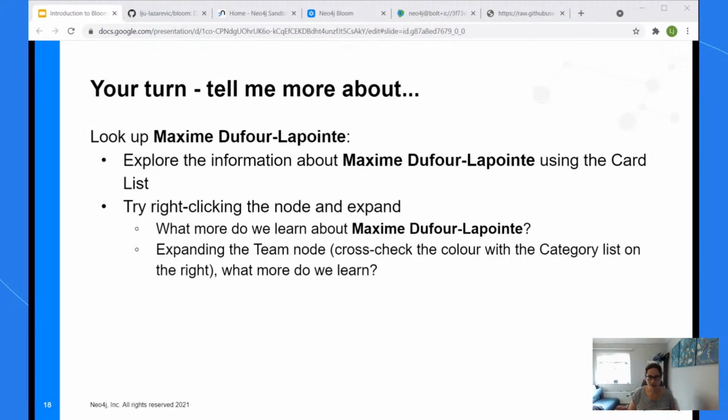What I would like you to do, and I'm going to give you a quick example, and then I'm going to give you a bit of time to go away and explore, is to look up the athlete Maxime. You are then going to double click on the Maxime node when you bring it up, and I want you to have a look at the exploration card that pops up. Try clicking on things, see what happens. And then also try right-clicking on the Maxime node. Try expanding out that node. Try expanding out the nodes that come off of there. And then the ultimate question I would like you to answer, once you've had a bit of exploration and playing with the Bloom functionality, is